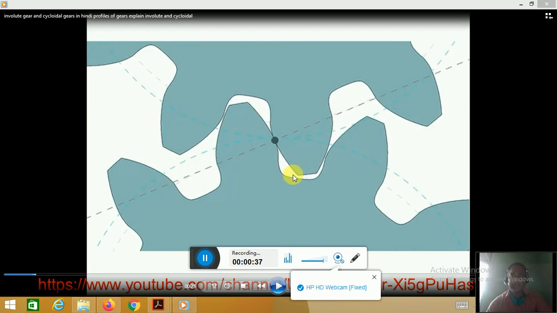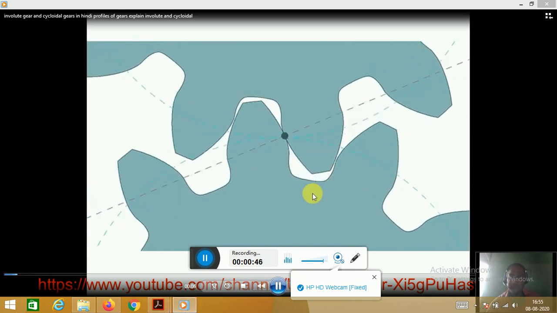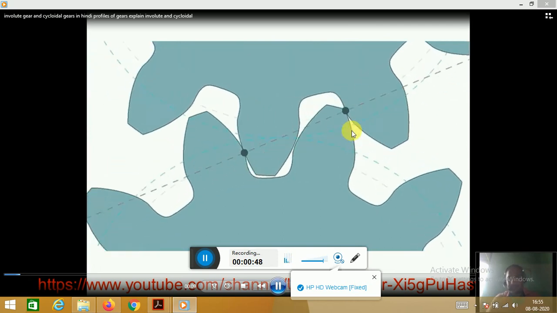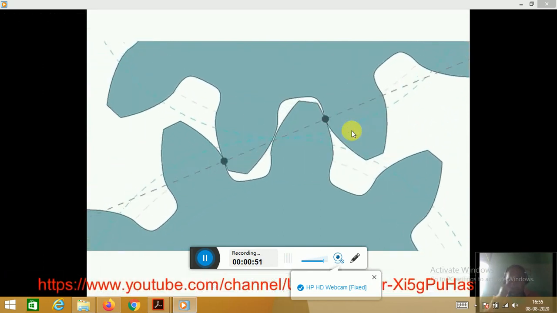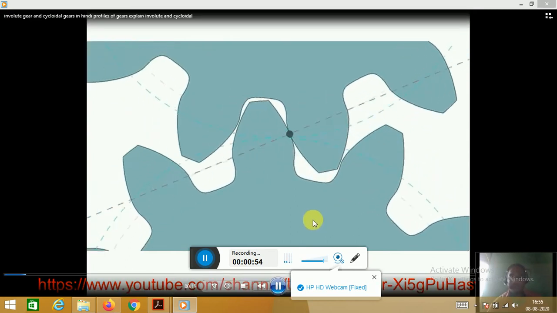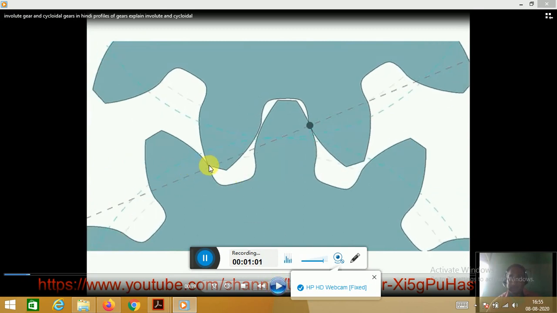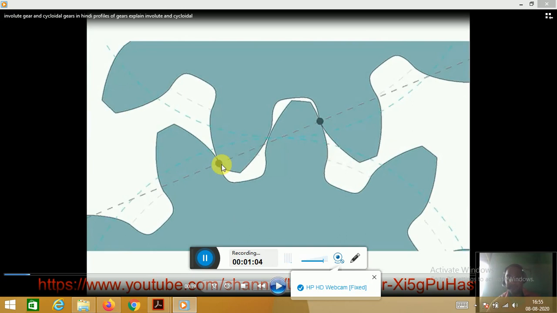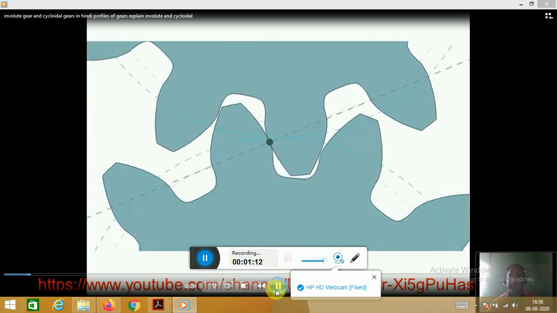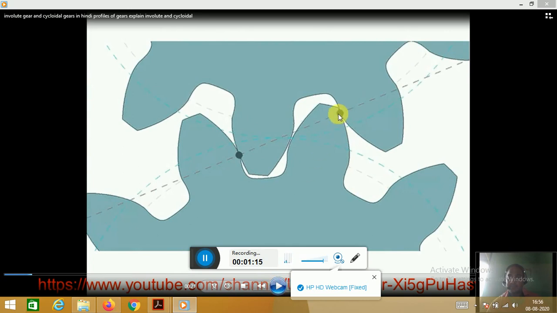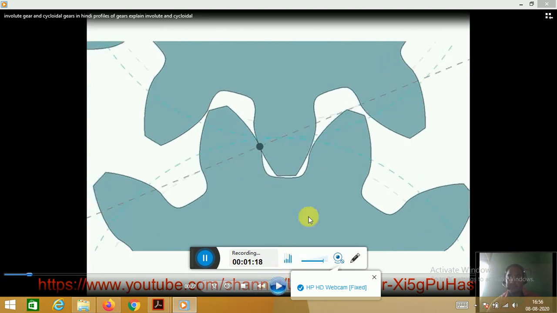So you can see here, this is your gear and the gear is transmitting the motion between them, upper gear, lower gear. You can assume one of the gears as the driver gear and the other as the driven gear. You can see this black spot is very important to understand. The black spot is generated somewhere here. It means that this is the starting point of contact, and now this black spot is going to travel along a certain line, and at this point it is going to vanish. It means that that is the last point of contact.